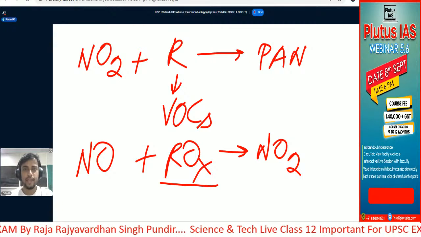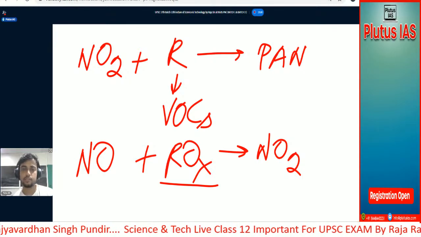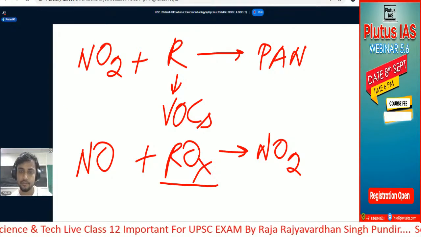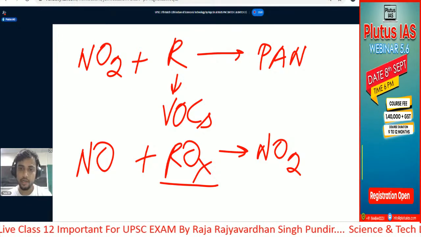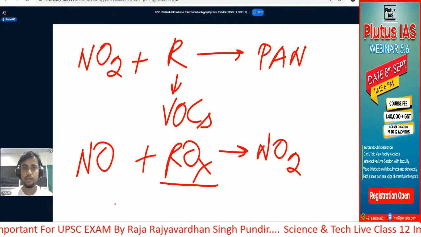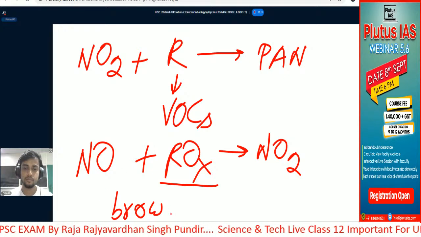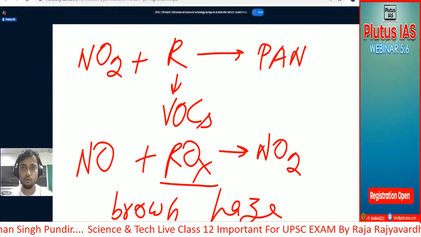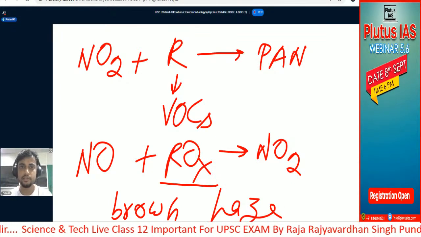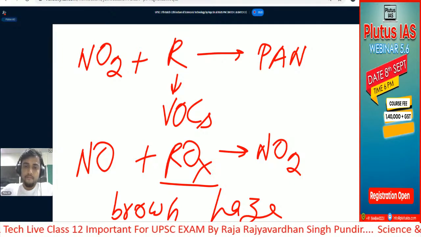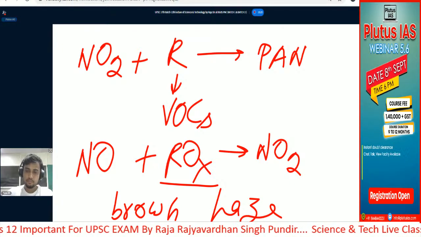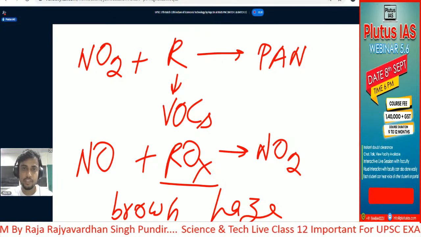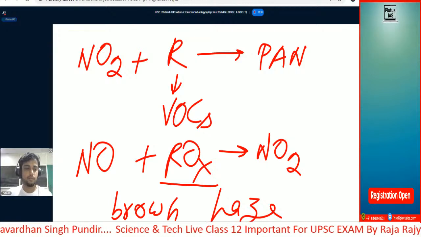So these kinds of reactions are happening in the photochemical smog, okay, because of which the secondary pollutants are produced, and we have a smoggy condition, and photochemical smog is a brown haze. The sulfurous smog is a yellow-brown haze, and photochemical smog is a brown haze. Okay, so certain cities have the kind of geography which is responsible for the frequent